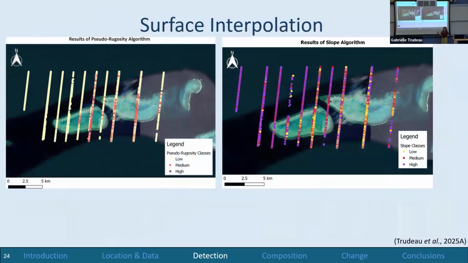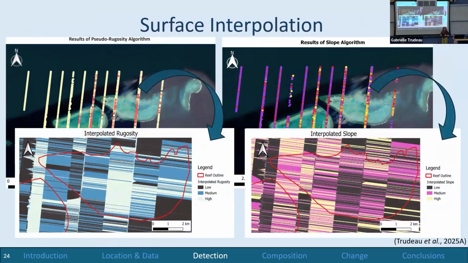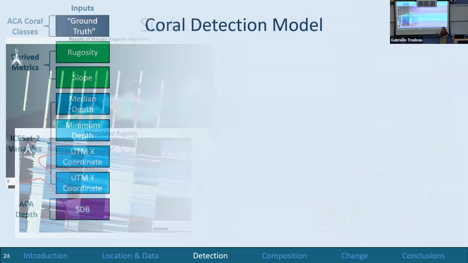I'm going to take those ICESat-2 tracks and also interpolate them so I have complete coverage of the surface. I know that these look ugly. They're a little funky. When we imagine interpolation, we imagine a perfectly smooth surface. That's not what we're looking at here, and that's because these are done with Voronoi polygons. They kind of exaggerate the geometric structure of ICESat-2 tracks, if you will. So they look a little funky, but they get the job done. We're going to carry these particular surfaces later into the chapter, so just keep these in your brain.